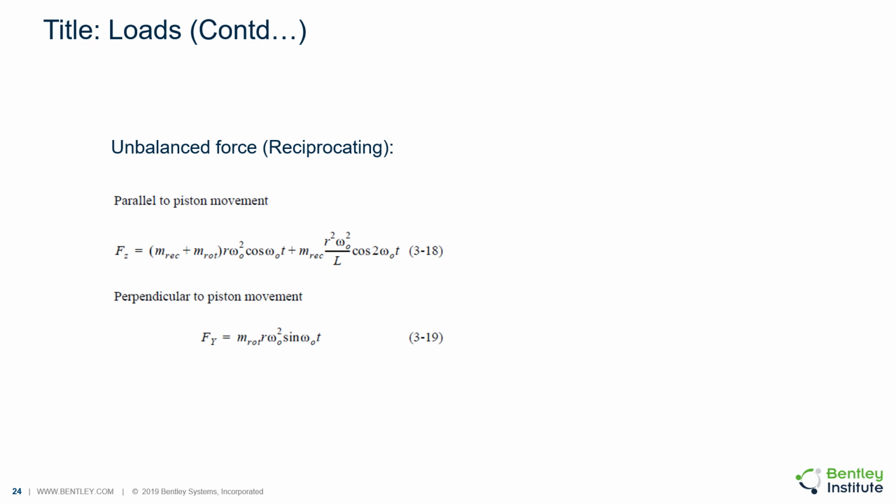This slide shows the equations that are used by the software to calculate the unbalanced forces for reciprocating machines. The first equation, 3-18, represents the unbalanced force parallel to the direction of movement of the piston. The first part of the equation, that varies with the frequency of the rotation omega 0, represents the primary force, and the second part, that varies at twice the frequency of rotation, represents the secondary force. The equation 3-19 represents the unbalanced forces perpendicular to the piston movement. As mentioned before, these are only used if you ask the software to calculate the unbalanced force as opposed to